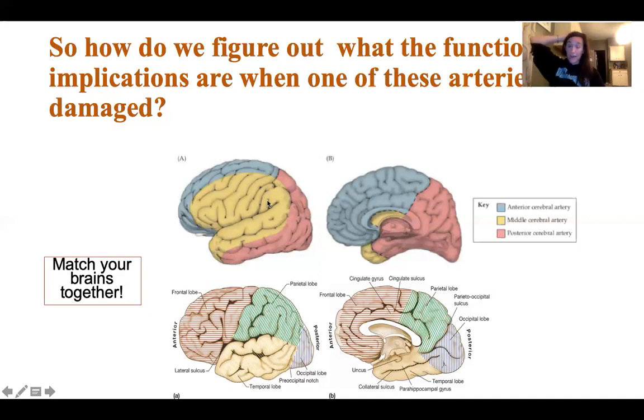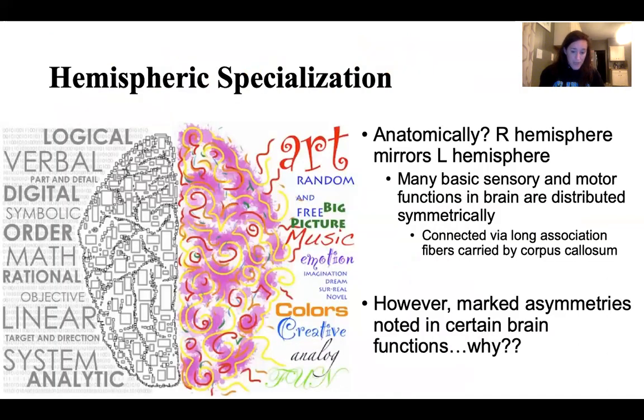Holy cow, there's a lot going on, especially on that left side. I've got 3 out of our 4 lobes involved in my MCA. I could see how an MCA stroke would probably be pretty significantly impactful if someone gets that entirely blown out. That's sort of how your train of thought's going to go. But then an important thing not to forget is that there's a huge difference between our left and our right